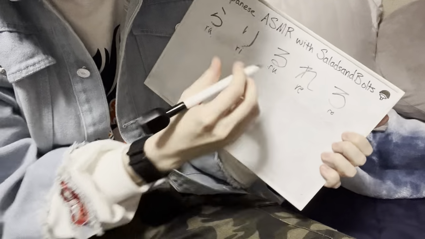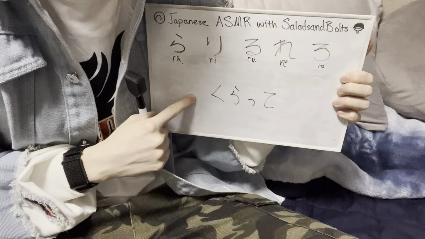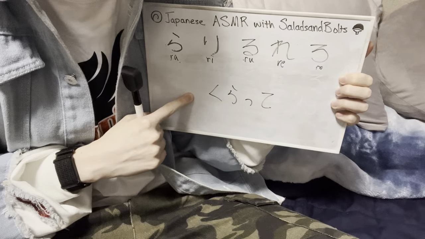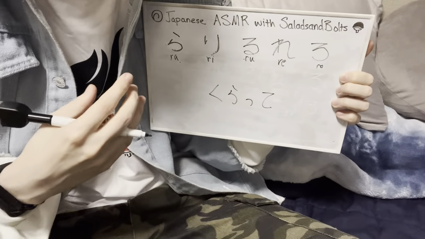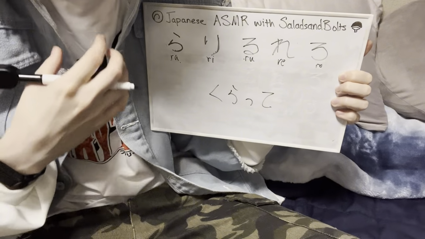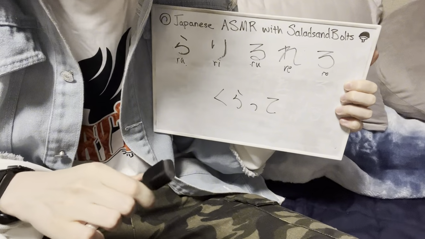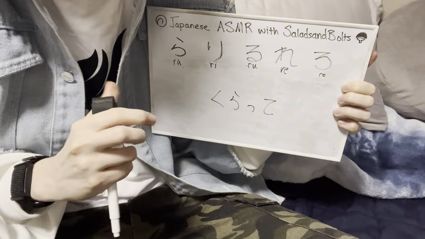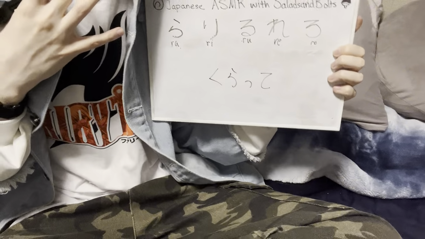Next is... We're going to ignore the fact that this verb is conjugated into a different tense and just teach you that it's kuratte. So if you something, you kuratte something. For instance, rasengan o kuratte is like you take a rasengan. Take a rasengan and you get knocked back.